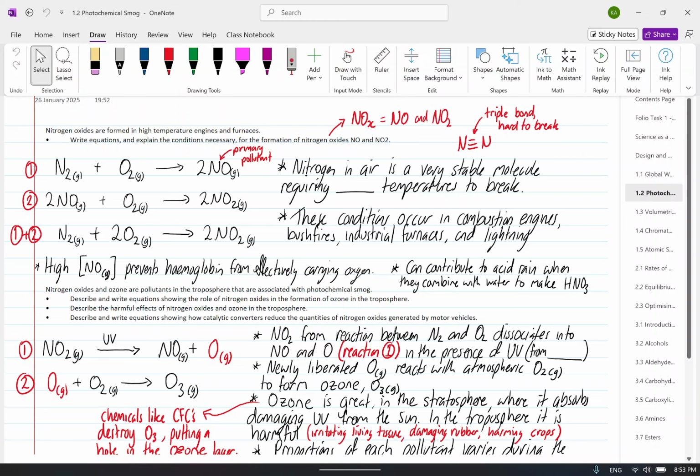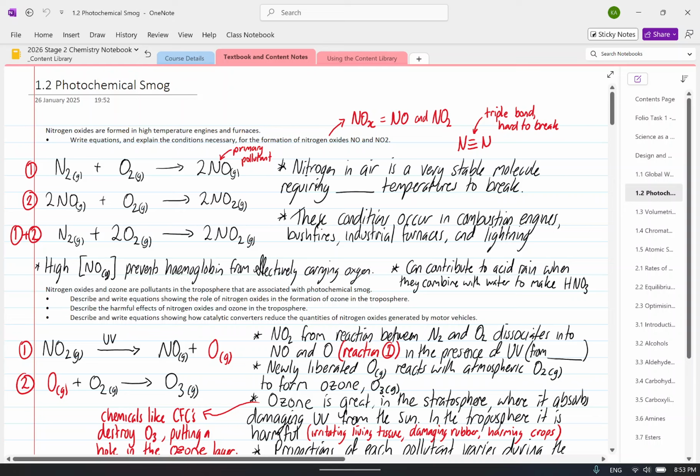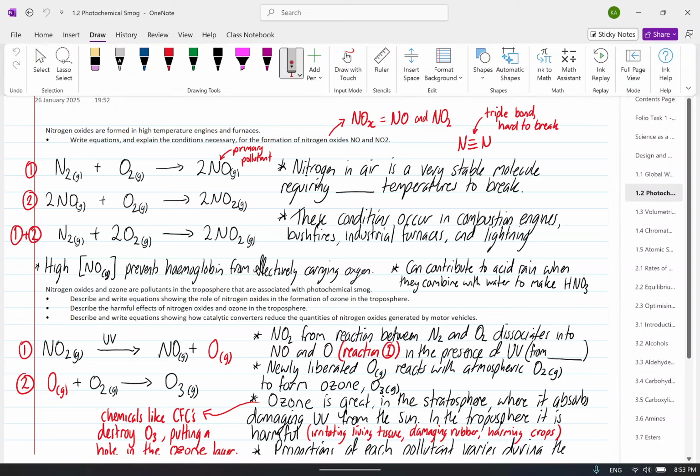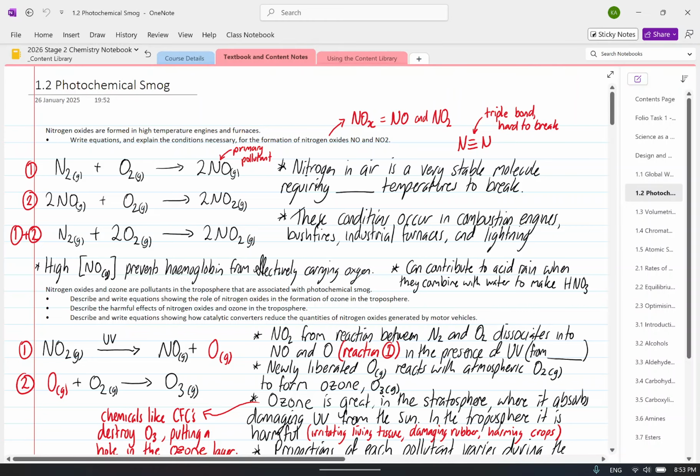Now, what you'll see, start with our laser pointer. So, I've labeled each of these equations here. The first one we have number 1, the second one is number 2, and the third one is actually a combination of 1 and 2 together. Now, the important thing here is these reactions are involving nitrogen and oxygen, which are both found in air in decent quantities. These reactions don't just happen by themselves spontaneously,